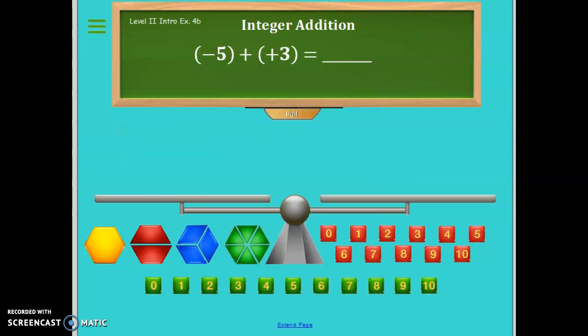All right, so now we have a negative 5 plus a positive 3. It's going to be the same idea that I just showed you. So if you were to pull 5 negative 1s to show this equation, that is 5, and then positive 3, right? Make your zeros, and you're left with a negative 2. Okay, so these would be 0, 0, and 0. And that's what's left. Okay,